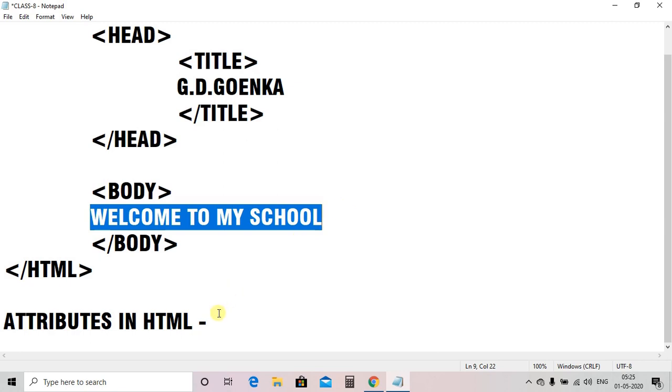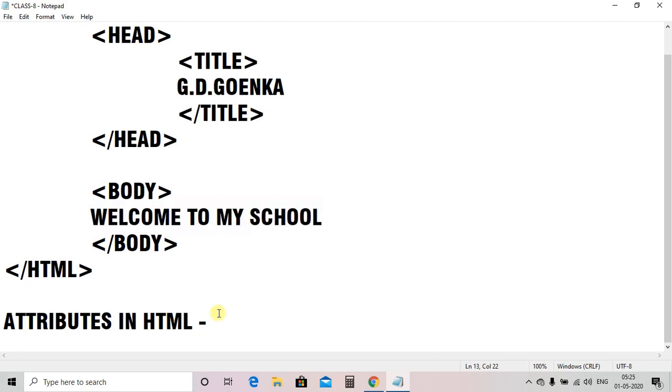Now what are attributes? Attributes are special words, keywords, which are used inside the tag. And where are they used? Only inside the opening tag. Suppose this is the body tag, this is the opening body tag.